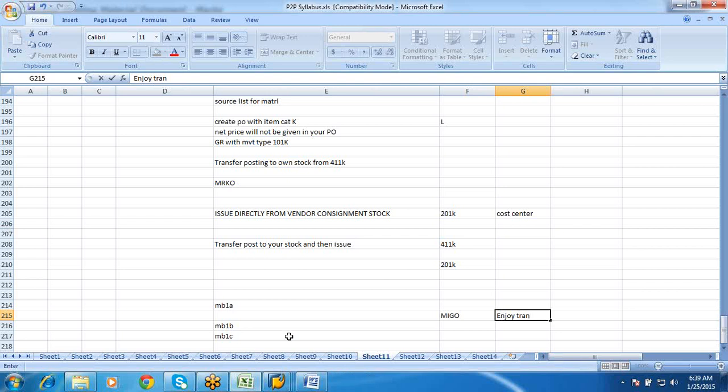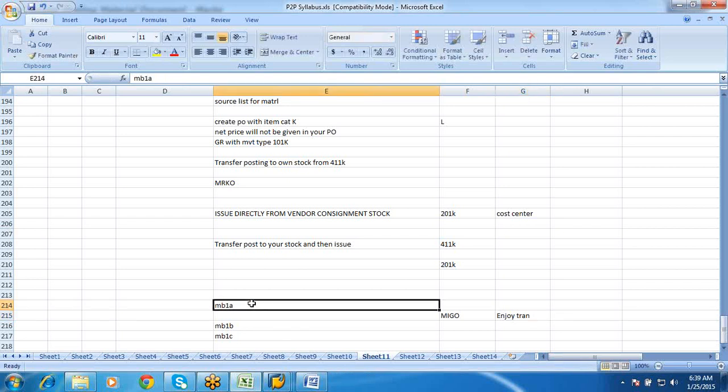Previously, below 4.6C, we used to use only these three T codes for transfer posting, stock receiving for other, and goods issue. There was one more transaction also, MB01, which was for goods receipt. All these four are combined together in MIGO, so MIGO is a universal transaction now.